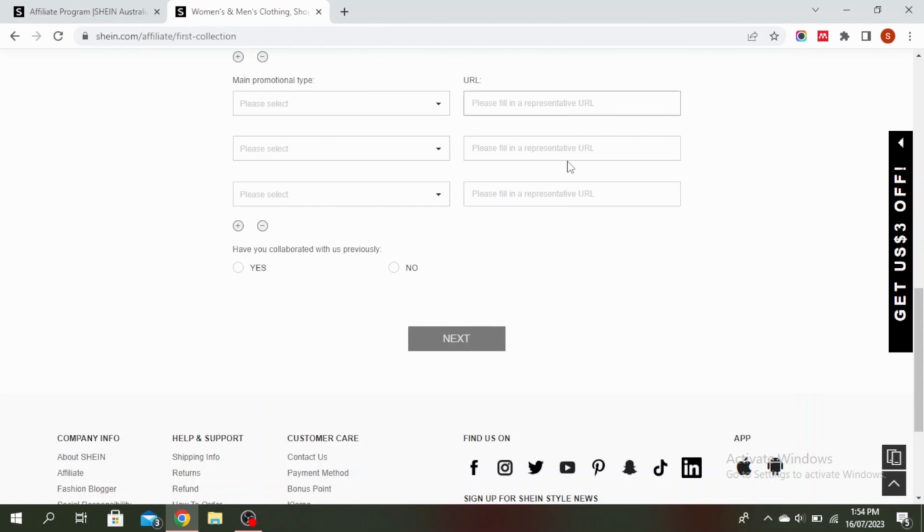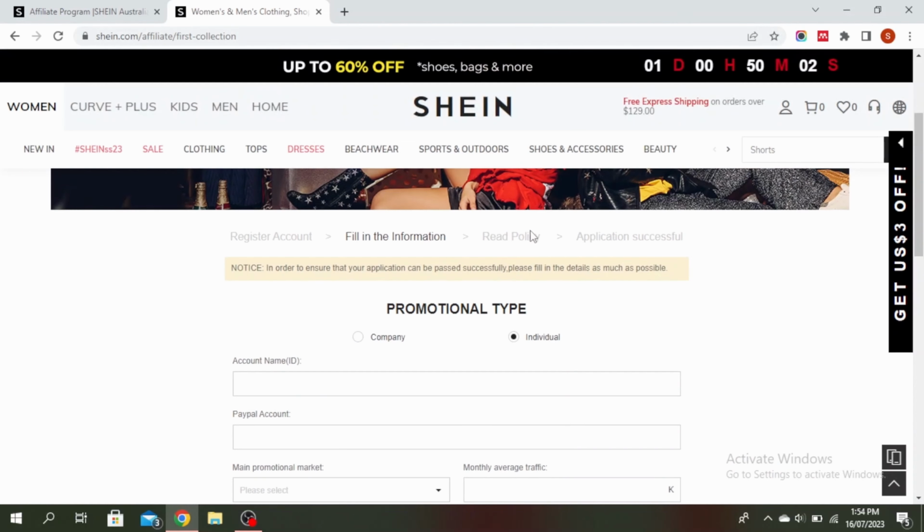And once you've entered all this information and clicked on next, then the next step is you'll have to read their policy and then click on that you agree with the policy, and then they'll review your application and let you know if it is successful. So this is how to create an affiliate